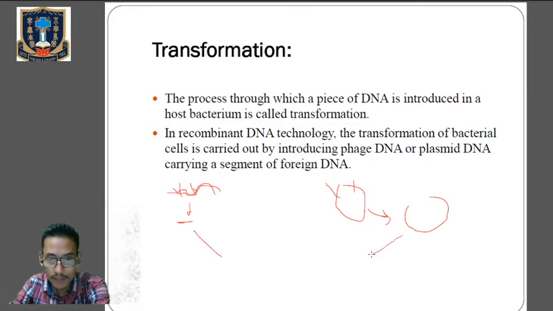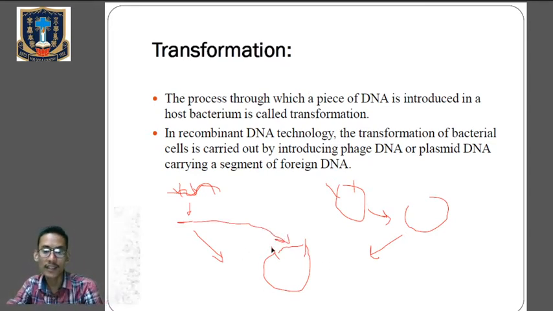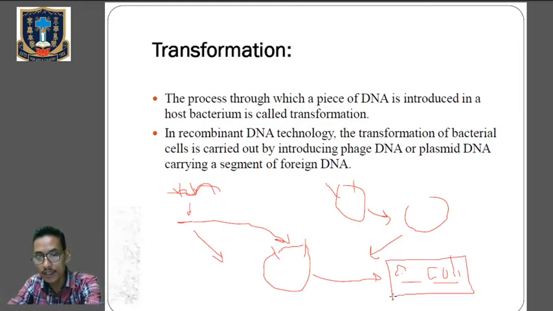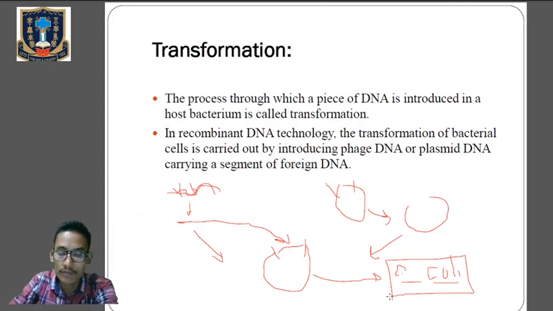We will simply put the segment of DNA into this cut portion of vector DNA. This is the foreign DNA having the gene of interest, so this is called recombinant DNA, right? And when we put this DNA into the bacteria or E. coli cell, then these E. coli cells having this recombinant DNA will be known as transformed cells. It has undergone transformation. It contains the recombinant DNA having the gene of interest.